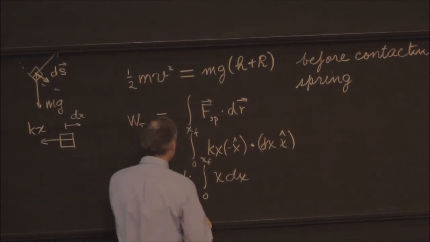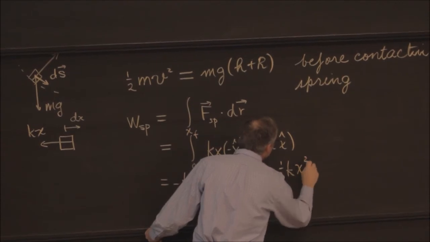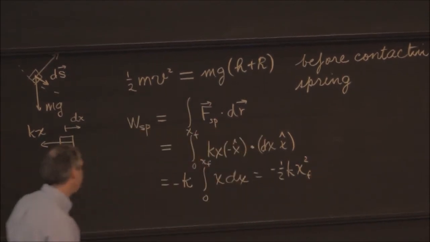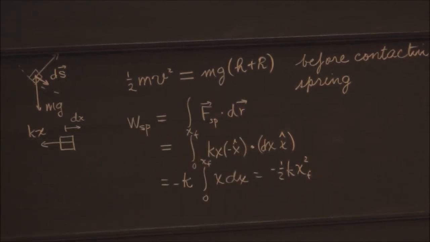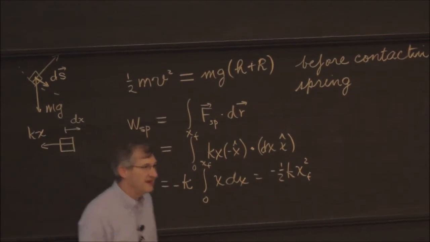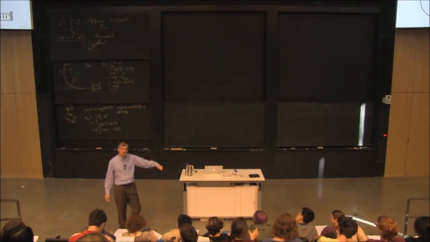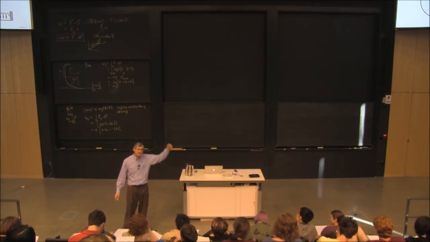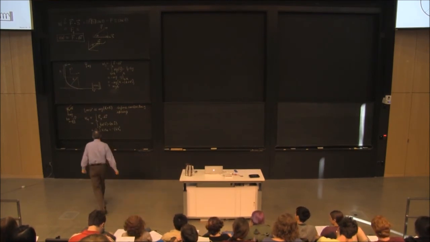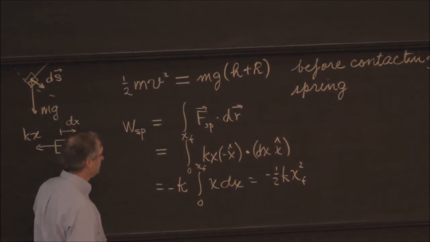So that's going to be minus 1/2 k x final squared, the work done by the spring. So it will come to rest when the spring has done exactly as much work on the mass as gravity did. So the maximum compression will happen